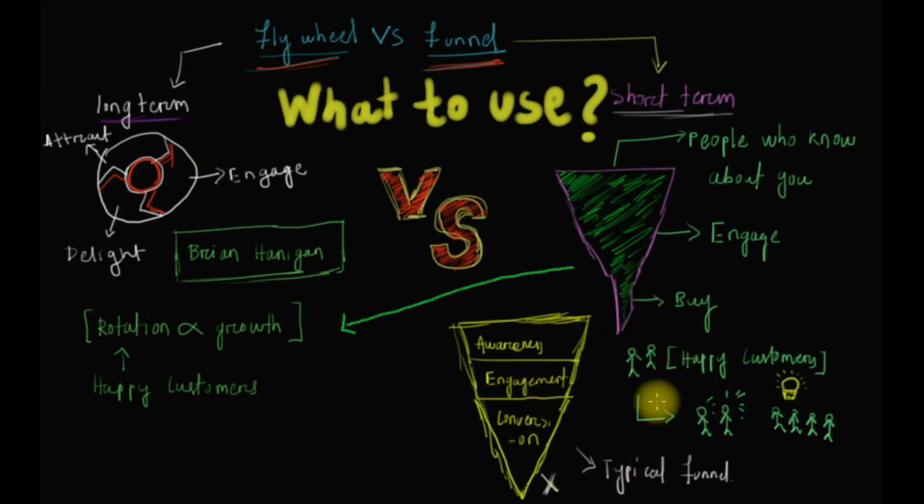Along with that, down below the funnel you can put this flywheel model, so that whatever customer comes over here, you can again use the flywheel model and let them go through the process. You can attract them, and engage with them, asking how their experience was and getting some feedback from them. Again, you can delight them with some additional product, or a small PDF book, or maybe a guidebook or something like that. So you can engage with these happy customers and make them feel good about your business.